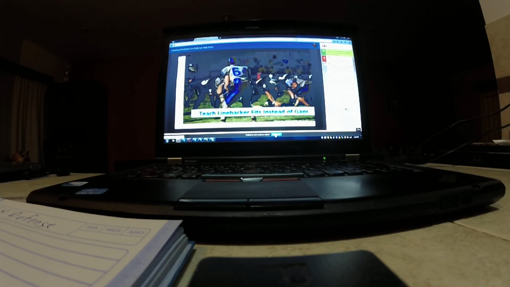And again, as I mentioned, we teach linebacker fits instead of gaps. I'm not going to sit there and worry about, hey, when they do this, they do